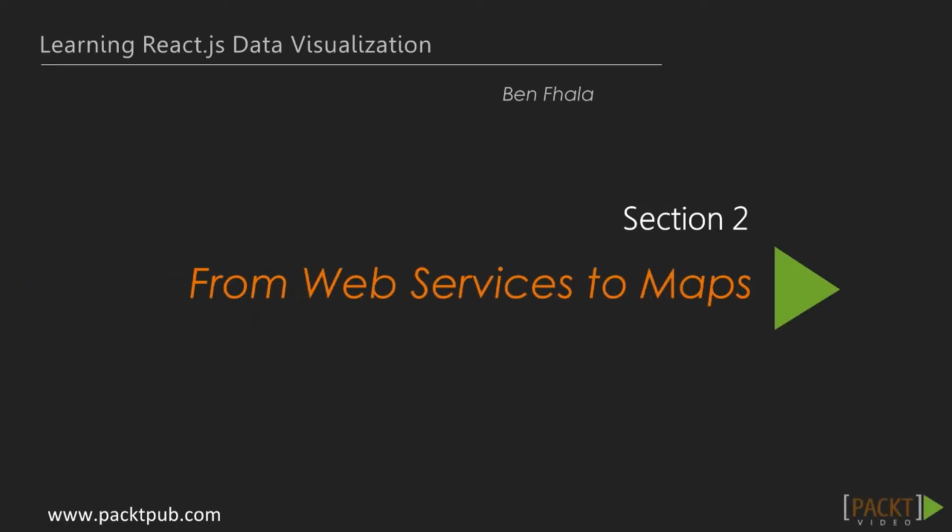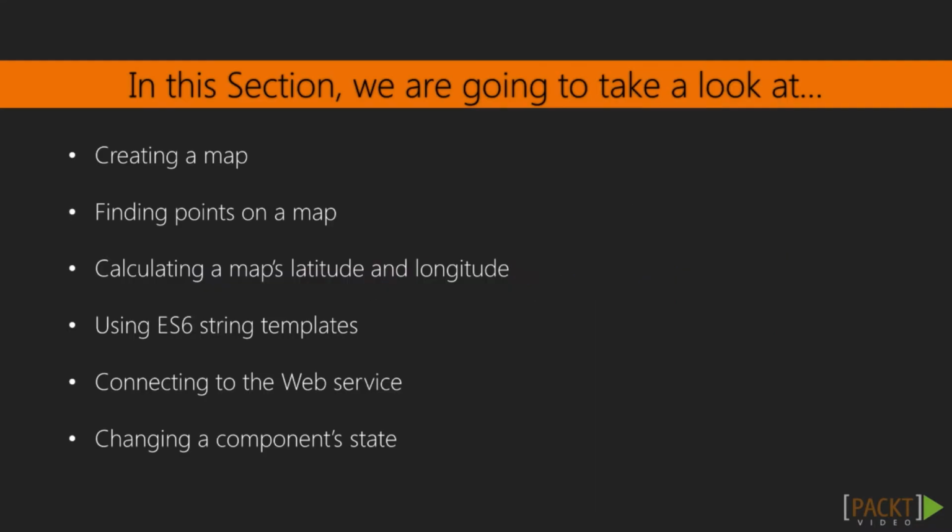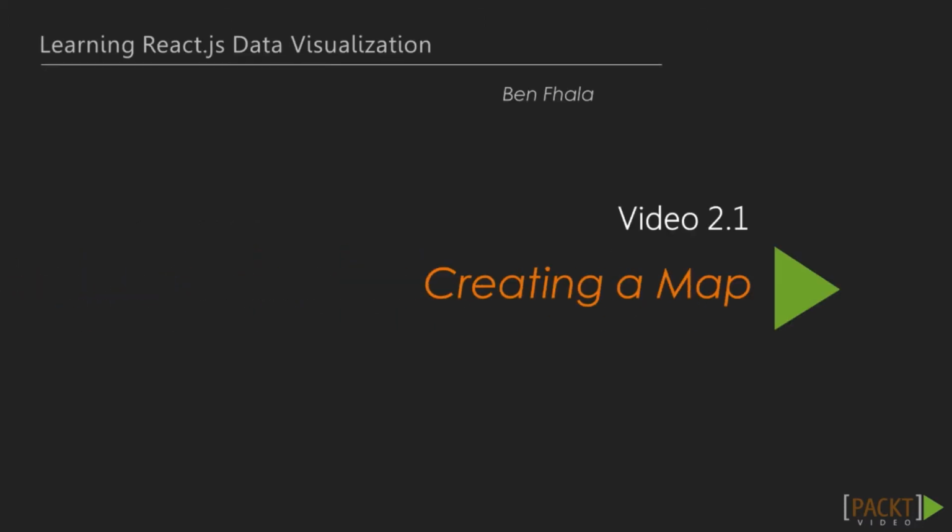Welcome back to a new section where we're going to explore web services and through them create an interactive map that even has a grid. So we're going to go ahead and create a map. We'll learn how to work with latitude and longitude and how to calculate them. We're going to explore some more ES6 code, connect our map to a web service, and then change the component state, learning more about React states as we integrate dynamic data that will be derived out of the user's interaction with that map. So with that said, let's jump right into this section and start with our first lecture